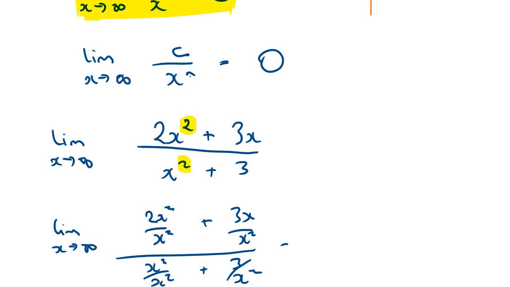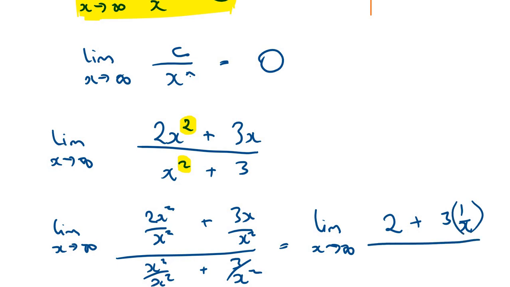Now I'm just going to rewrite that. That's the limit as x approaches infinity of, well, 2x squared over x squared is just 2, and 3x over x squared is just 3 times 1 over x, or 3 over x. x squared over x squared is 1, and 3 over x squared is just 3 times